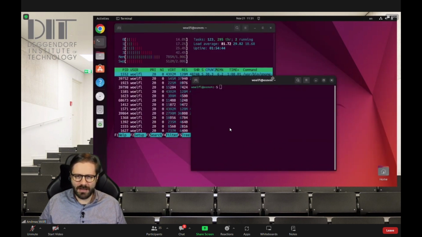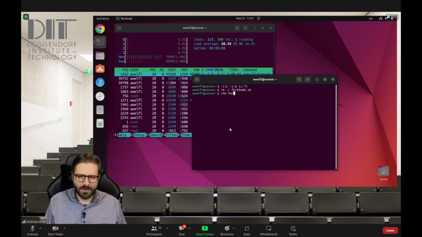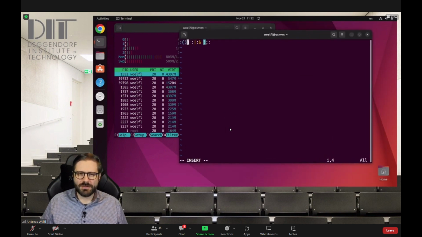So what happens in this fork bomb? What happens exactly when you type in this sequence? Well, let me just copy it and then put it into a file, I guess I already have forkbomb.sh. Let me create a new file. Make it a little bit bigger. So what this sequence constitutes